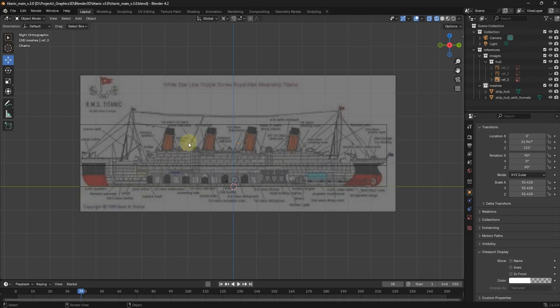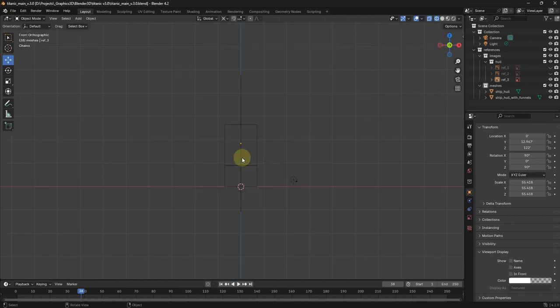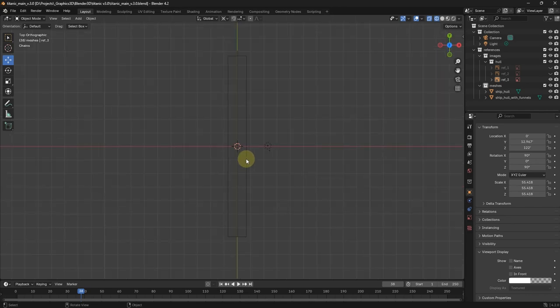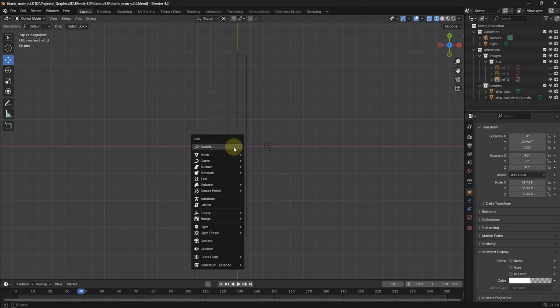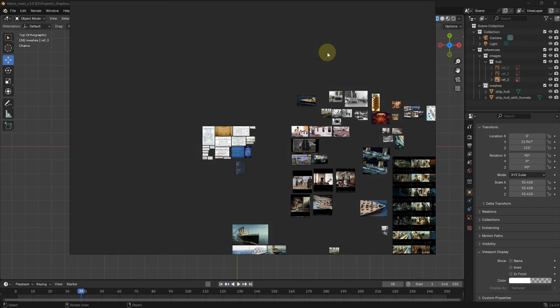We're actually drawing from several reference images later on. Now I've realized that if I press the 1, we don't have a front or back view. And when I press the 7, we don't have a top down view. So I'm going to add that reference as well. So if I press Shift A, I click on image reference. I'm just going to select from all the images that I've already saved as reference